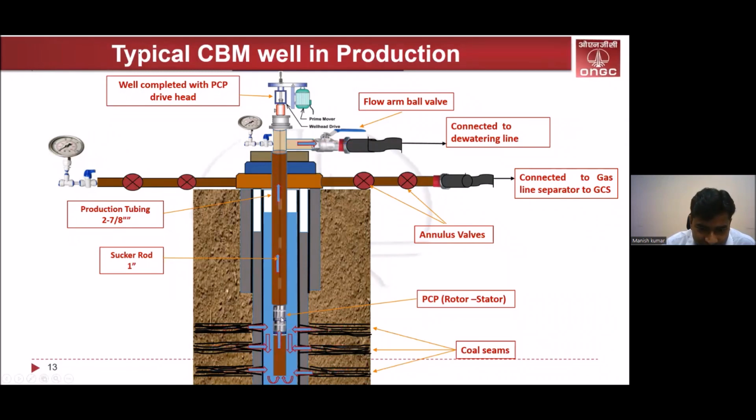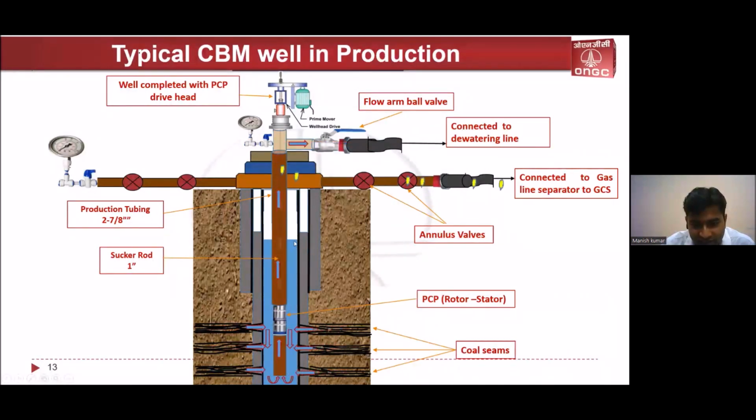And as you can see here, the rotor is there and the stator is there, which has a helical space. This helical space acts like a screw, and when it rotates, it lifts the liquid from the bottom and brings it to the top of this rotor and further to the surface. And with sustained, continued dewatering of the seams, we will find that the liquid level starts going down, and